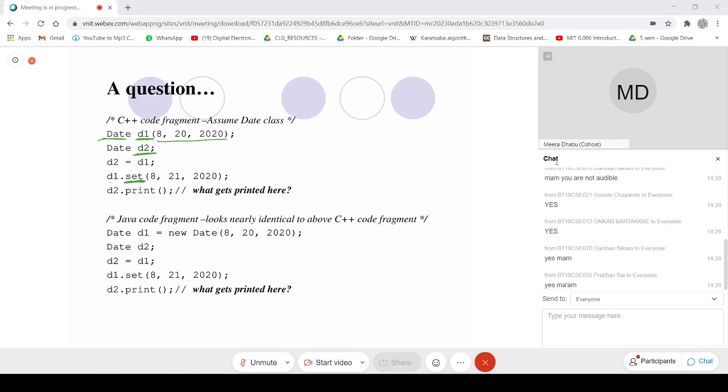So again repeating this, d1 is created, then d2 is also created, and then I'm saying that d2 is equal to d1. Okay, so most of you said